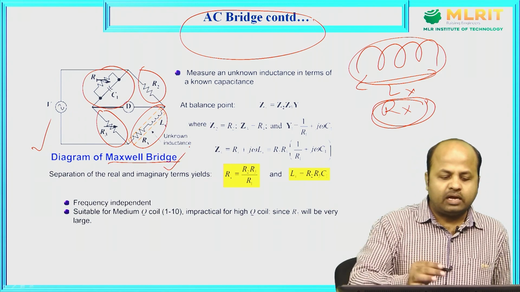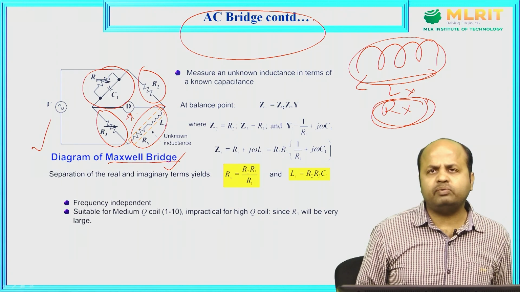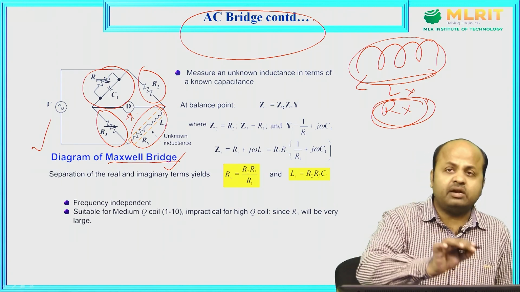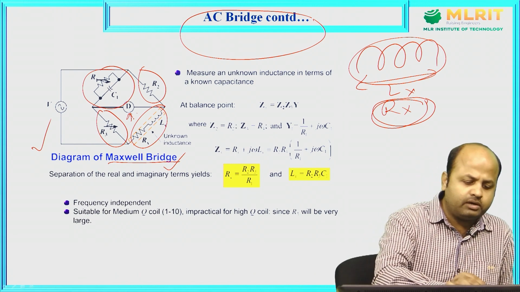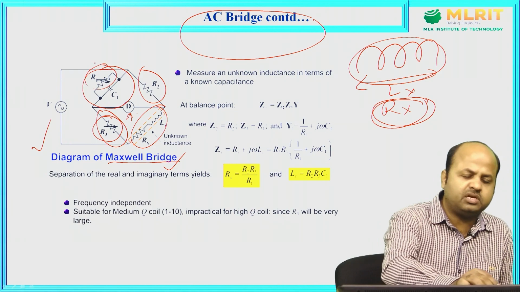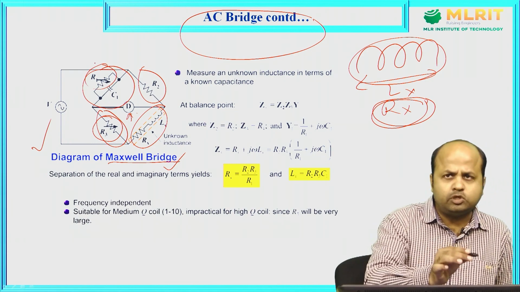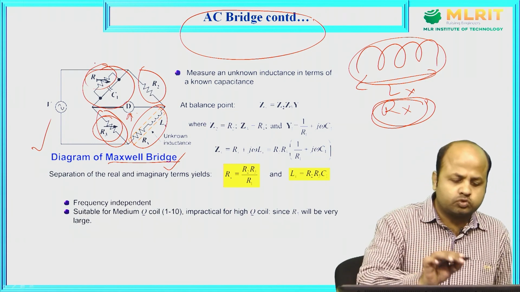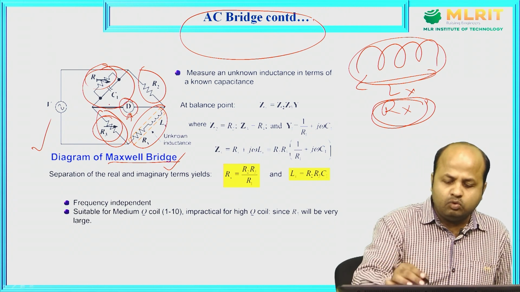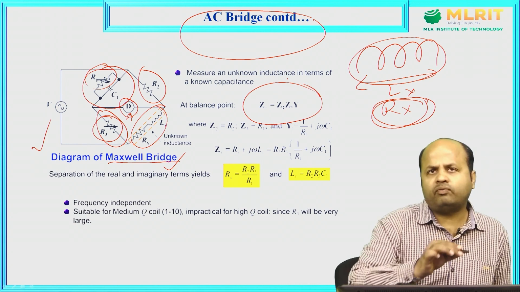As we know, whenever the detector current becomes 0, the bridge becomes balanced. Now the question arises, how will this current become 0? Here we can find that there are some variable components present in the bridge. So you have to tune those components so that the current becomes 0. Whenever this current becomes 0, you can easily apply this formula.